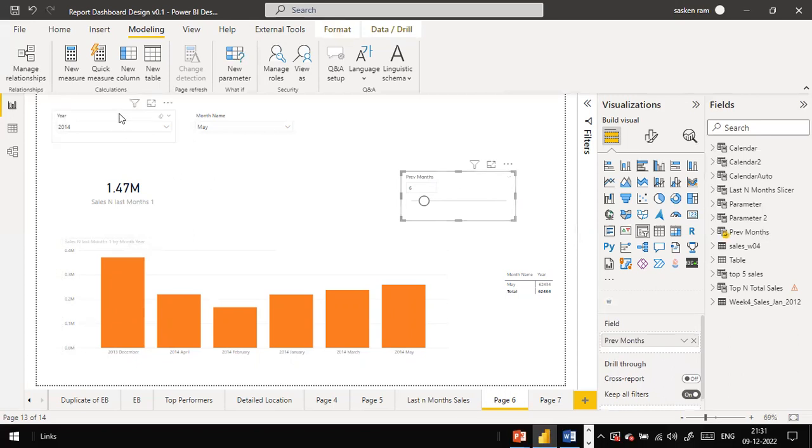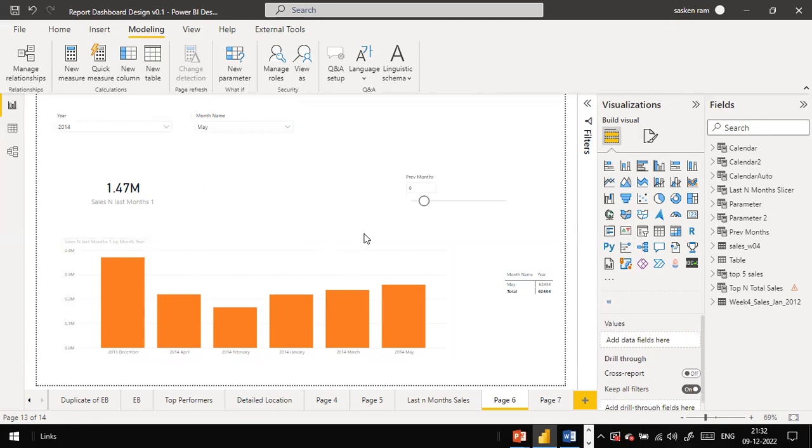And then step 3, I created two slicers. One slicer holds the value of the year, and another slicer holds the value of the month, May. If I keep the cursor on calendar year 2014, this comes from the calendar only. Okay, good. So far, so good. So the next thing I did,